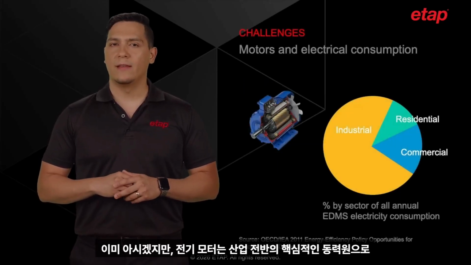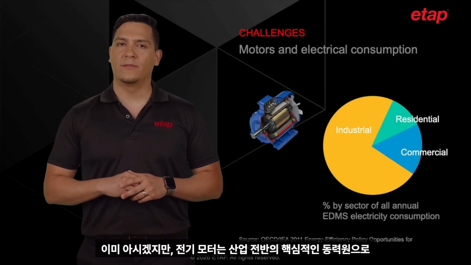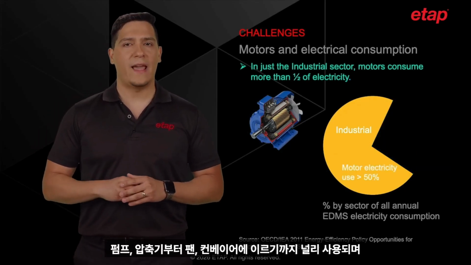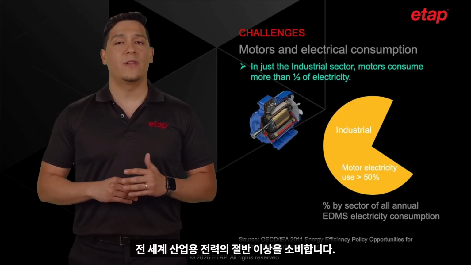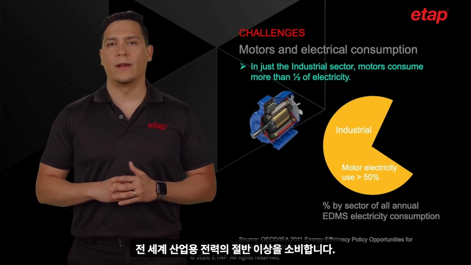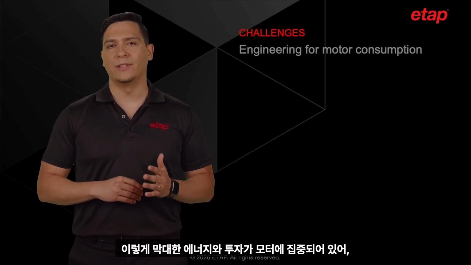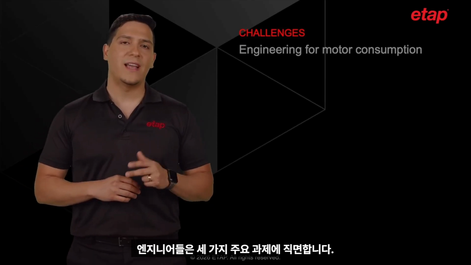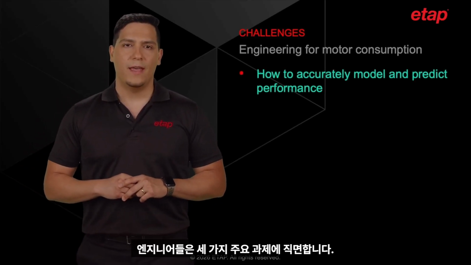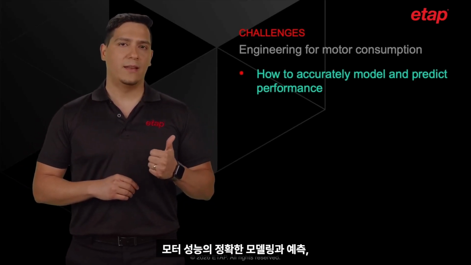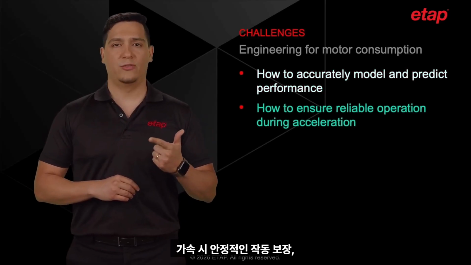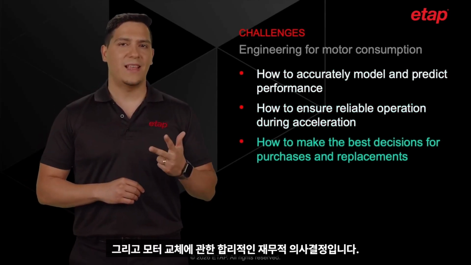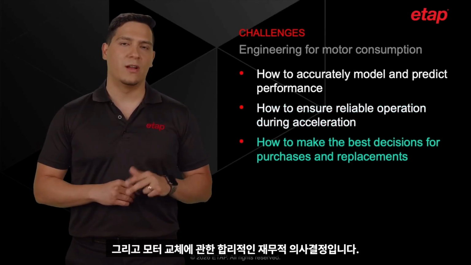As you might know already, electric motors are the workhorses of almost every type of industry, from pumps to compressors to fans and conveyors. They consume more than half of the industrial electricity worldwide. And with so much energy and investment tied to motors, engineers face three key challenges: accurately modeling and predicting motor performance, ensuring reliable operation during acceleration, and making sound economic financial decisions on motor purchases